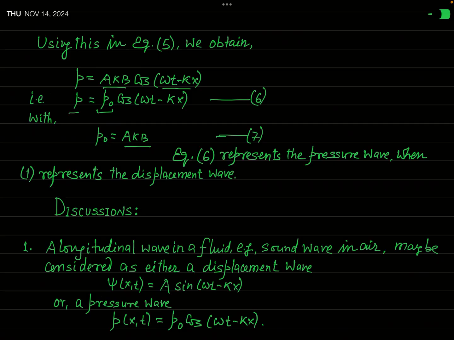Actually, this equation 6, you can write in this manner. P of xt, P is also a function of space and time, and this is equal to P naught cosine of omega t minus kx. Actually, here this p of xt is the wave function which describes this wave, and so this equation represents